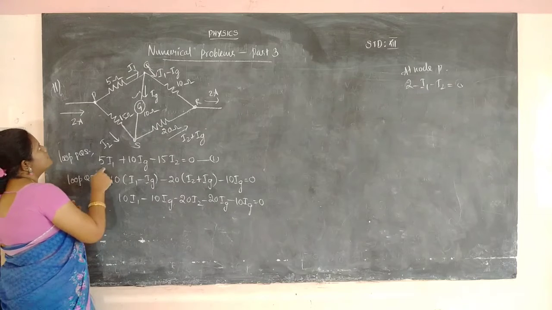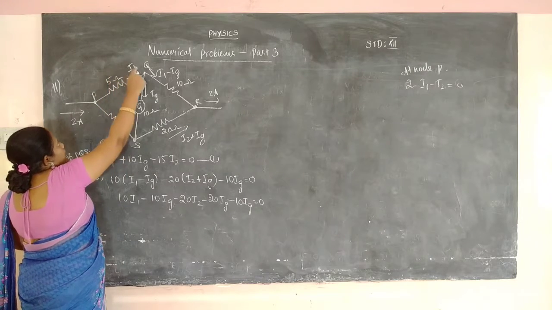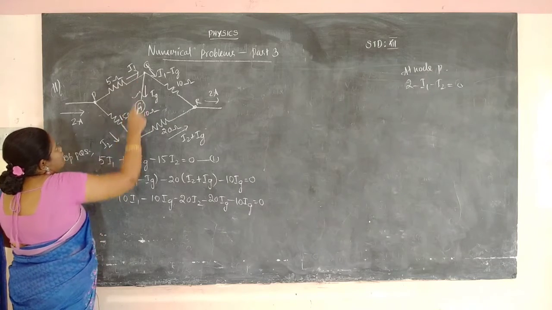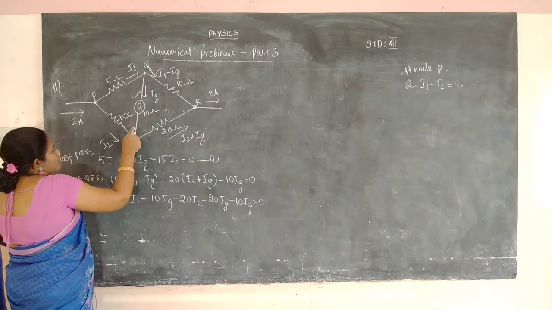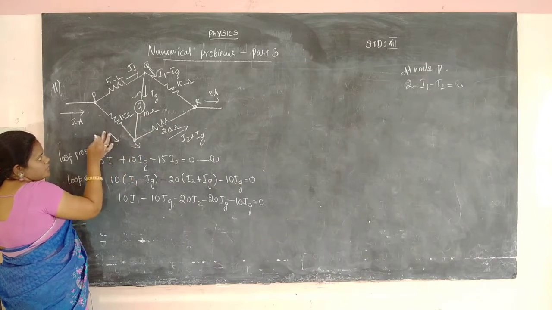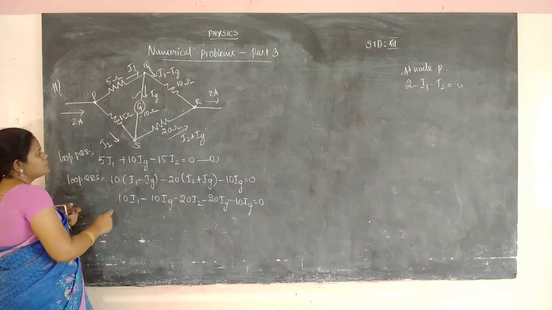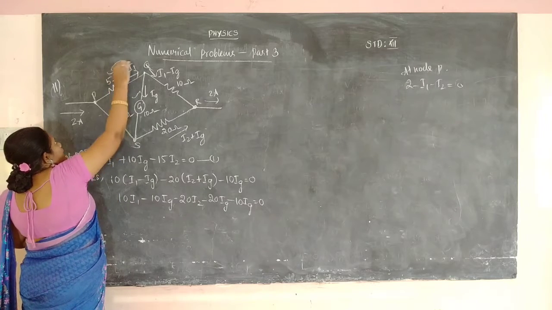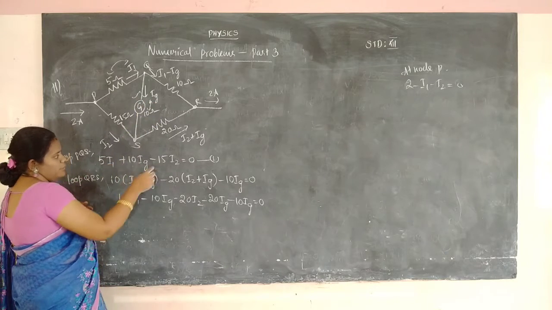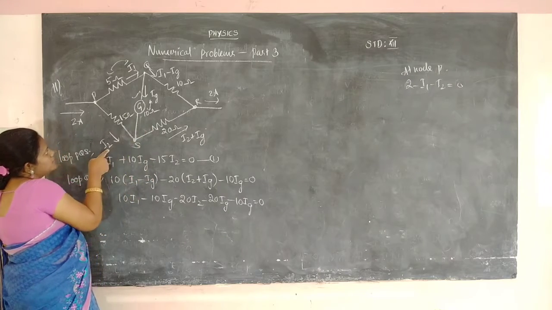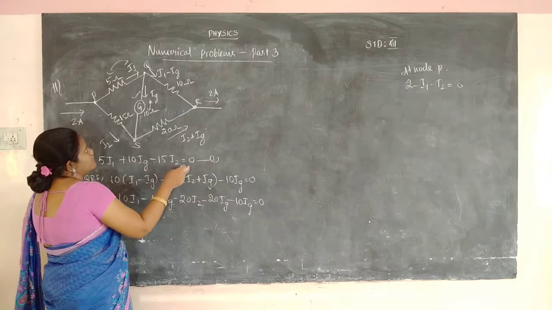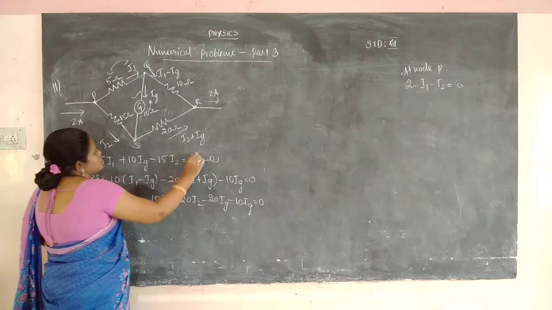So current and resistance. First resistance is 5 ohm and the current is I1, so 5 I1 plus 10 IG. The current follows this way: this is the positive direction, and the continuous direction, and this is the negative direction. IG comes down here, and I2 is opposite to IG. So 5 into I1 plus 10 IG minus 15 I2, because I2 is opposite. So 5 I1 plus 10 IG minus 15 I2 is equal to the EMF. Here there is no battery, so 0.